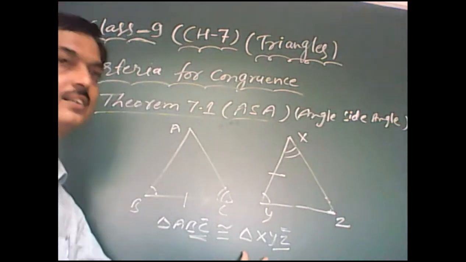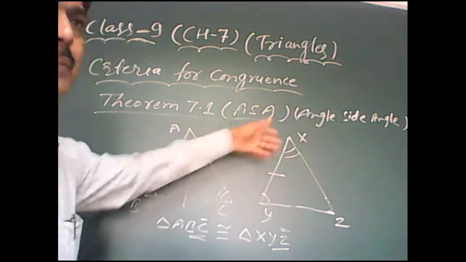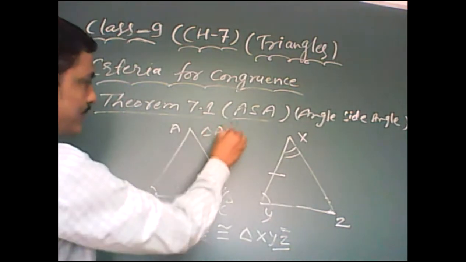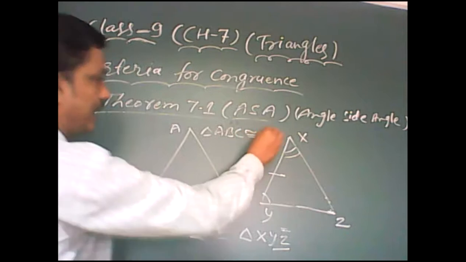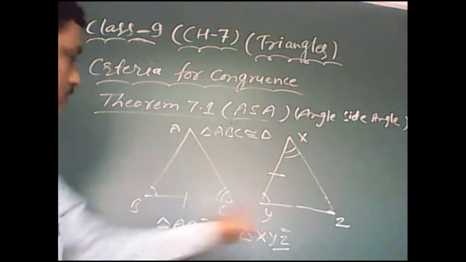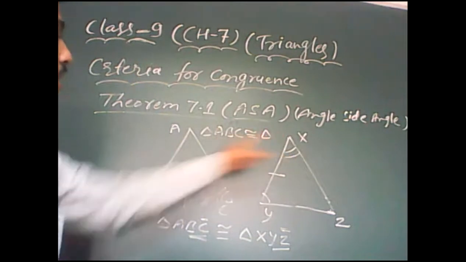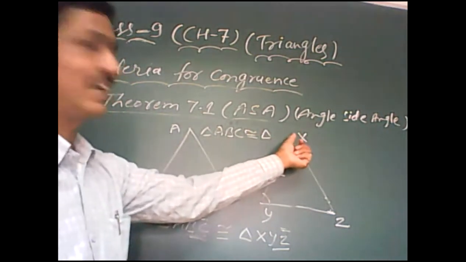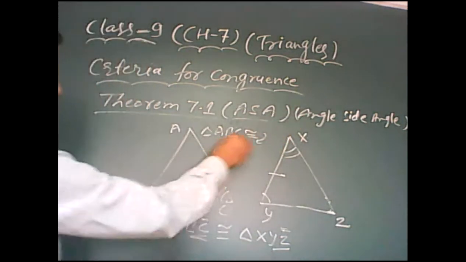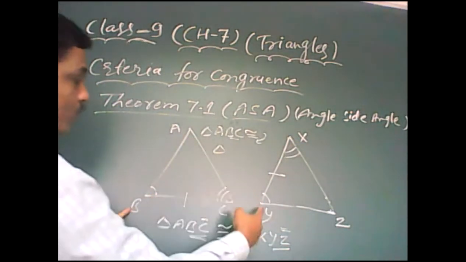Now the symbolic representation will change, as we change the corresponding parts. So how do we write it now? Triangle ABC congruent to triangle. Which triangle? B is corresponding to what? Y. And the side is BC to XY, it means XY takes place at last. So can we write it here? BC for XY. Look, BC corresponds to XY. Angle B corresponds to Y.